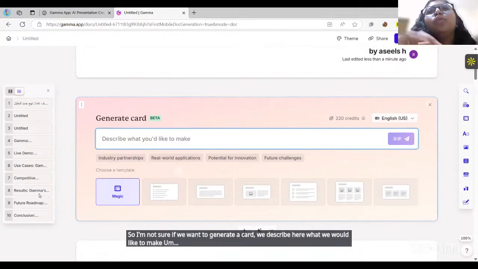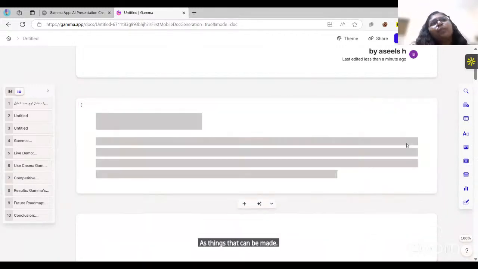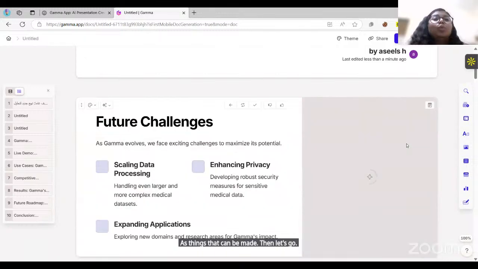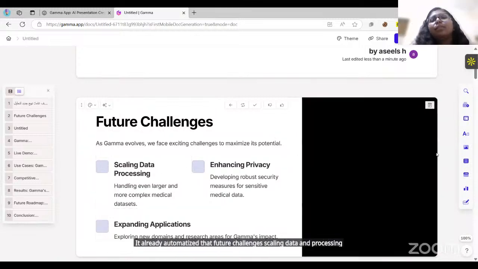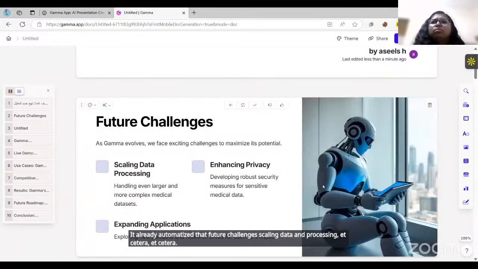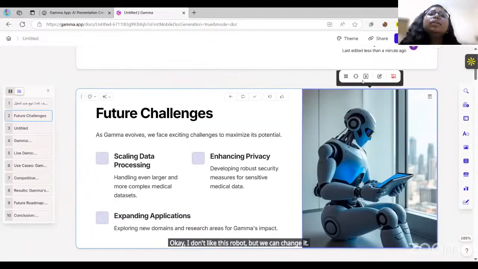Okay, let's go for future challenges as I think that can be made. And then let's go. Ooh, it already automatized it. Future challenges, scaling data and processing, etc. Okay, I don't like this robot, but we can change it. What's really interesting is